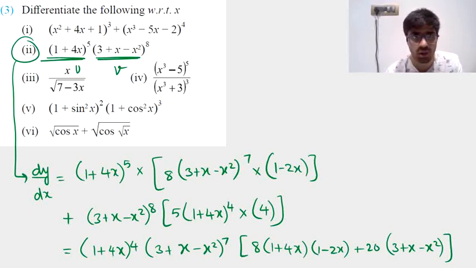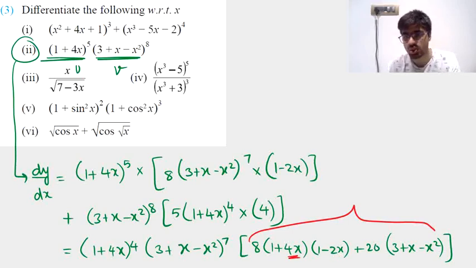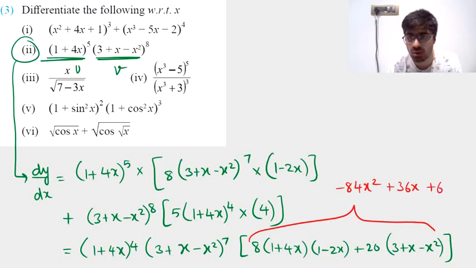I'll do that for you a little quickly here. So we have 4x and −2x, so that is going to be −8x². Into 8 will be −64x². To it we will add −20, so it will be −84x². Then we are going to have the term in x, that's going to be 4x − 2x, which is plus 2x, into 8, that will be 16x, and 20x, that's making it 36x. The constants will be 1 into 1, which is 1, into 8, which is 8, 8 plus 60, which is equal to 68. Yeah, that's the value for the entire bracket.